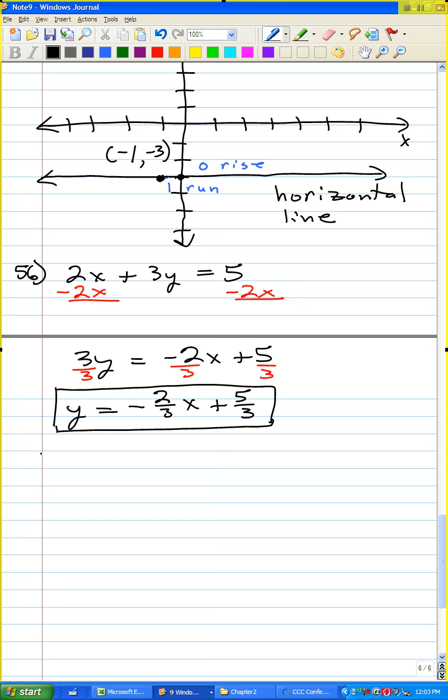Let me do problem number 64. And so in exercises 61 through 68, rewrite the equation in standard form. So y equals